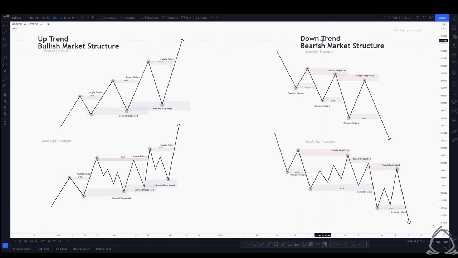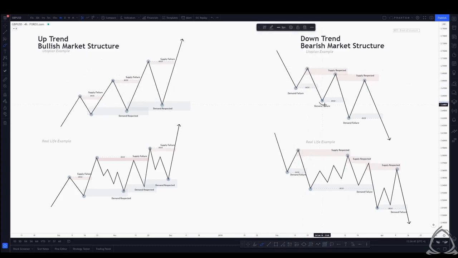And now, on the flip side, we'll discuss the downtrend or bearish market structure. What we can see when we're looking at the bearish market structure is the price creates a lower low. Price then retraces, creating a lower high. The process that creates the lower low creates a demand zone. And when price moves to the downside, breaking the previous lower low, which causes demand to fail, it creates a new